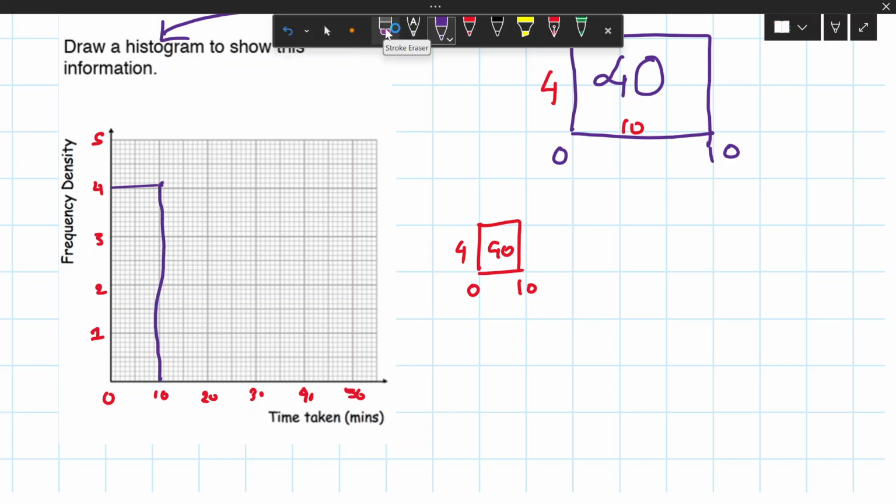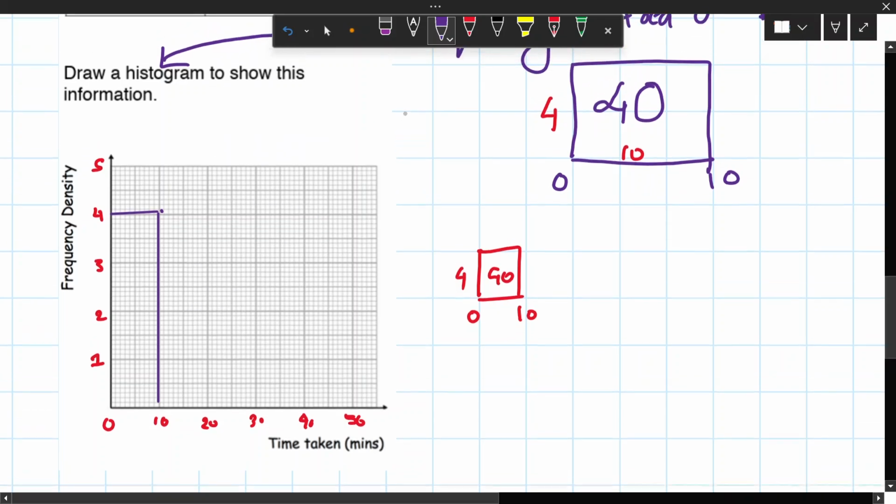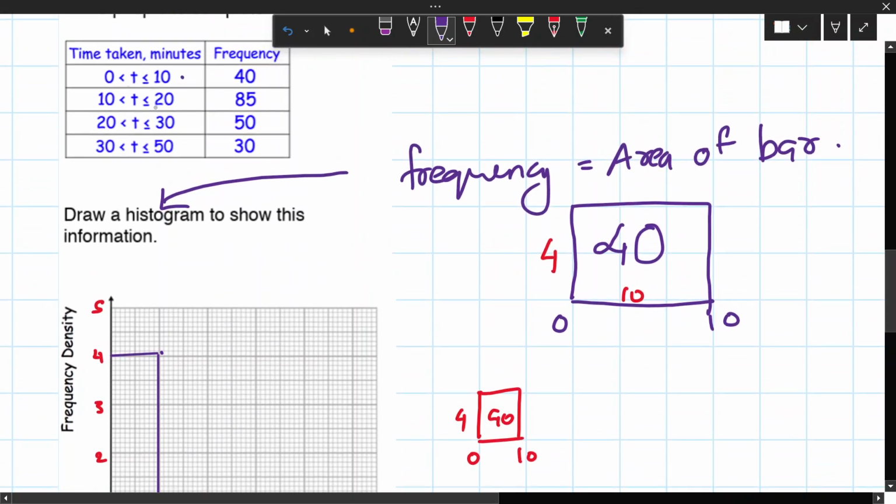Okay, didn't quite get that straight, but earlier it worked. I don't know why it didn't work this time. Yeah, okay, there we go. So we got that one. The next one is